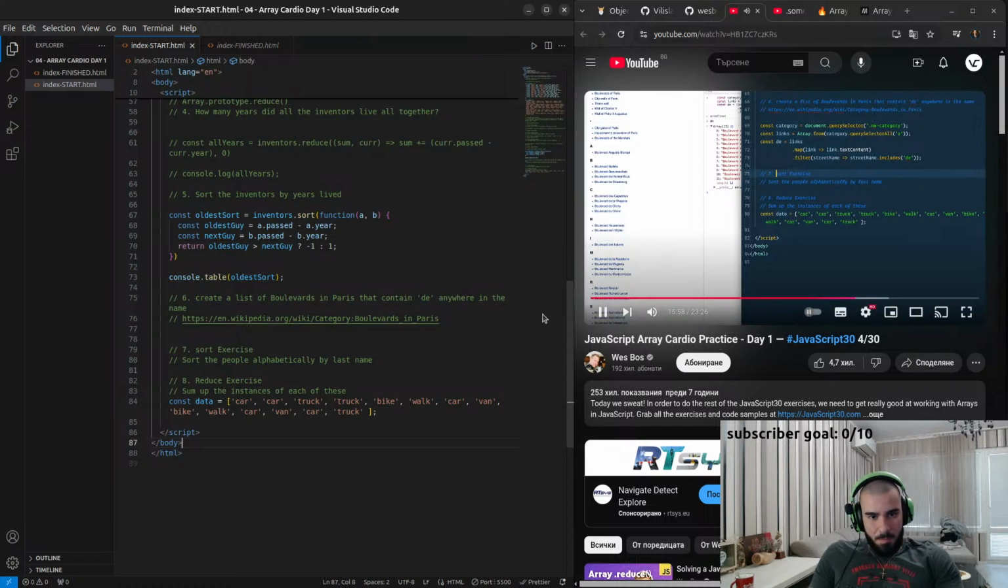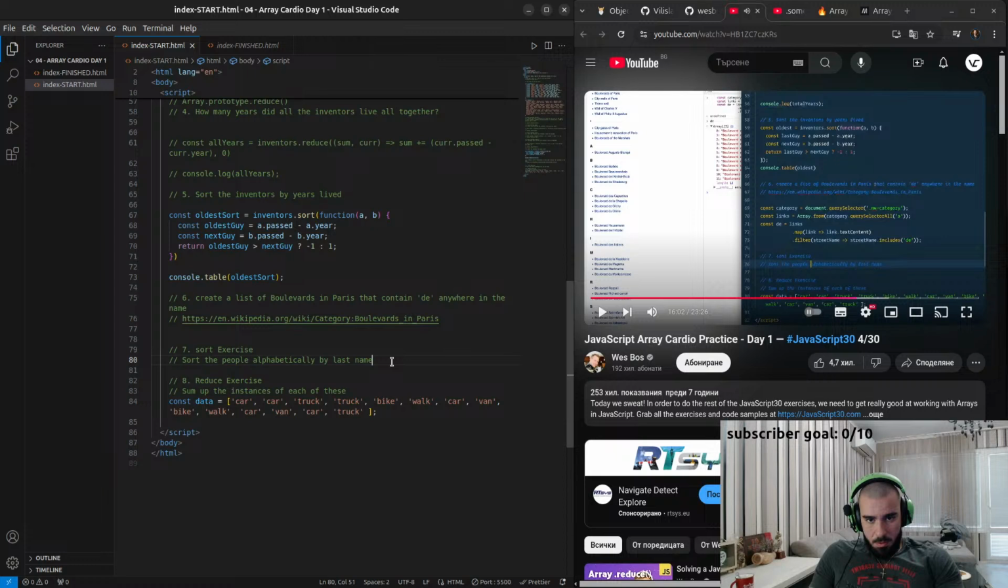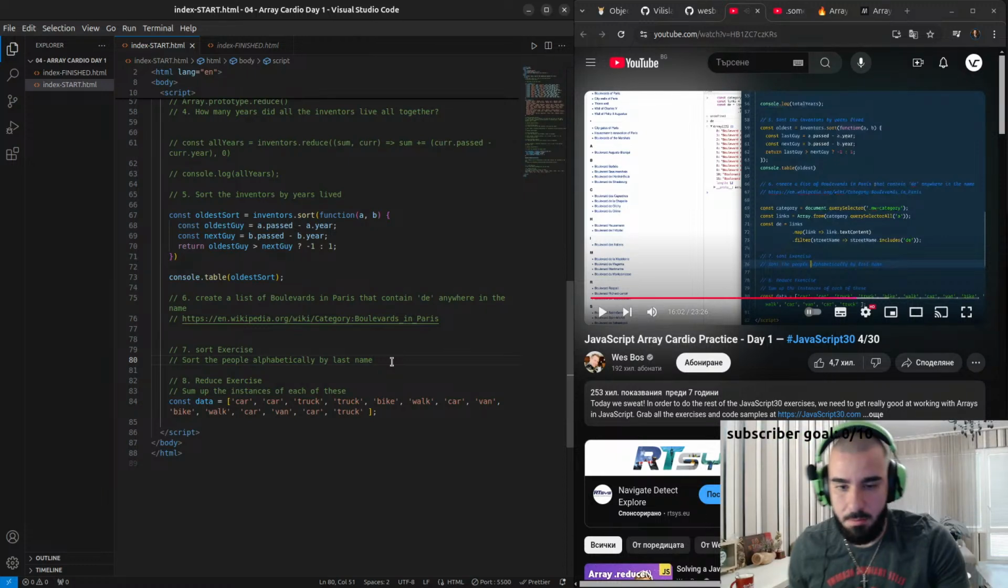Next one, we've got a sort exercise, which is sorting the people alphabetically. Sort the people alphabetically by last name. Okay, so